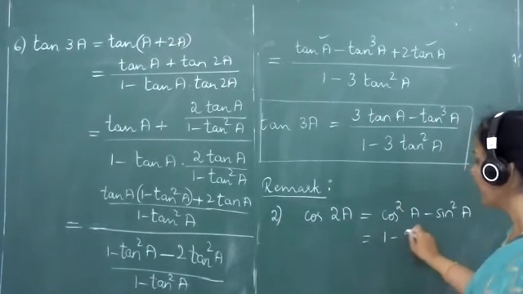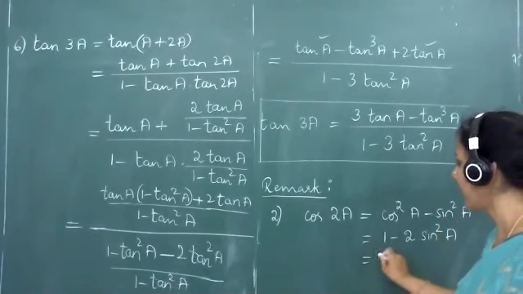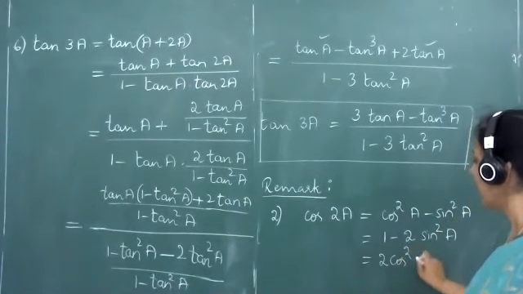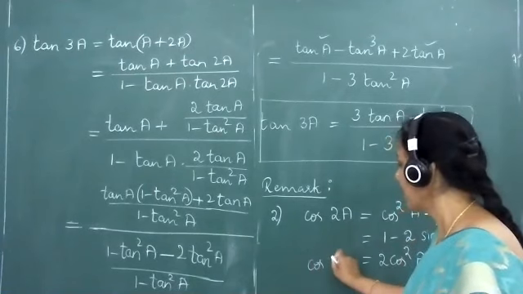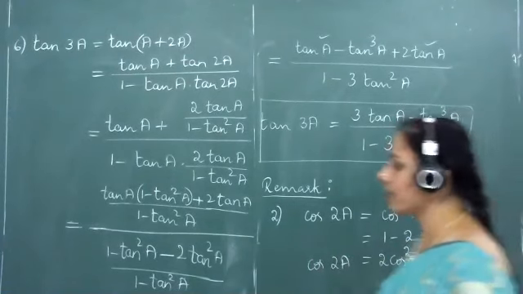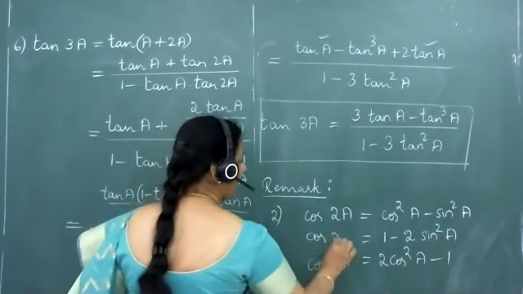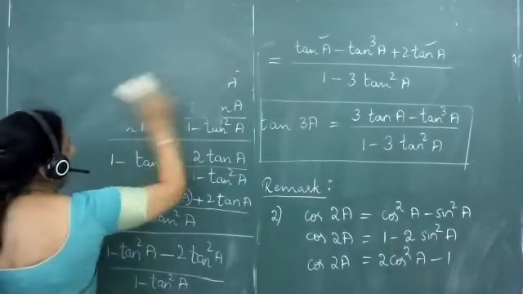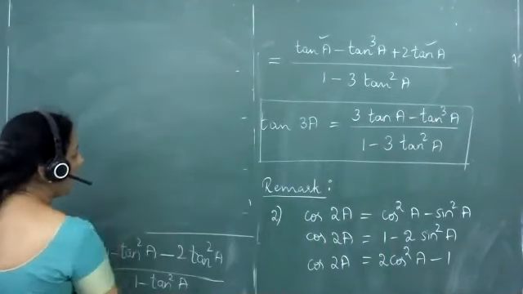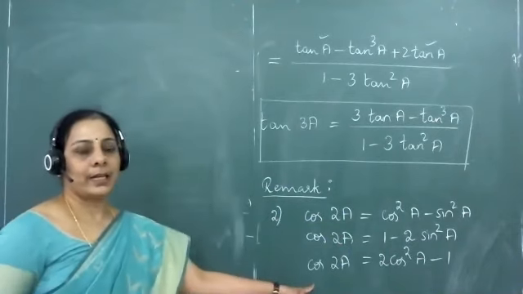It was also proved as equal to 1 minus 2 sin squared a. The same may be rewritten as 2 cos squared a minus 1. Cos 2a was also proved as equal to 2 cos squared a minus 1. The same is equal to 1 minus 2 sin squared a. Now, of the three formulae of cos 2a, the last one has a lot of